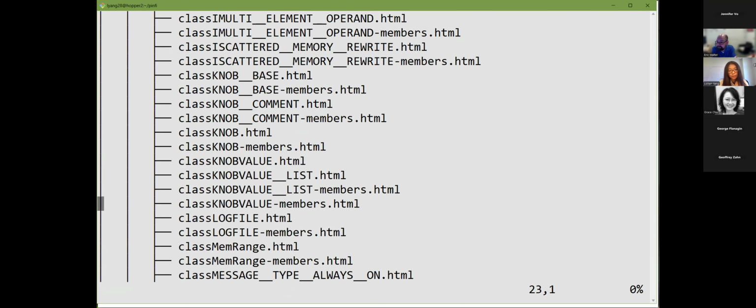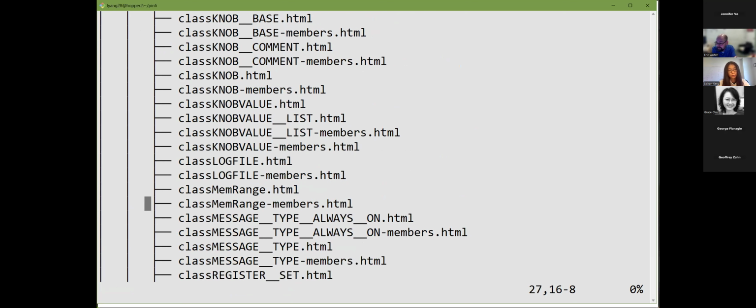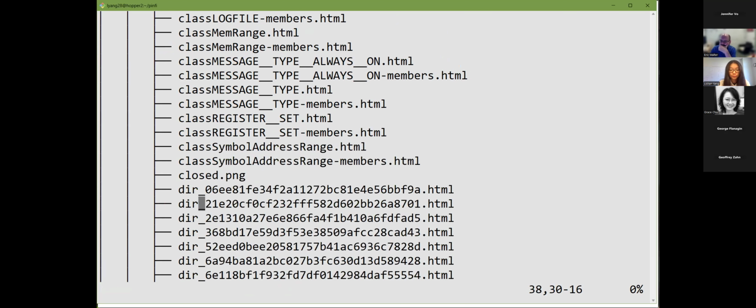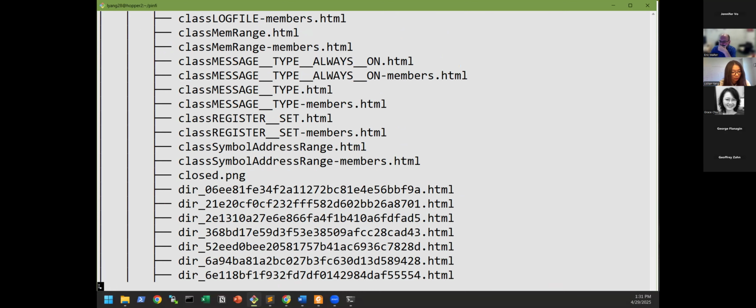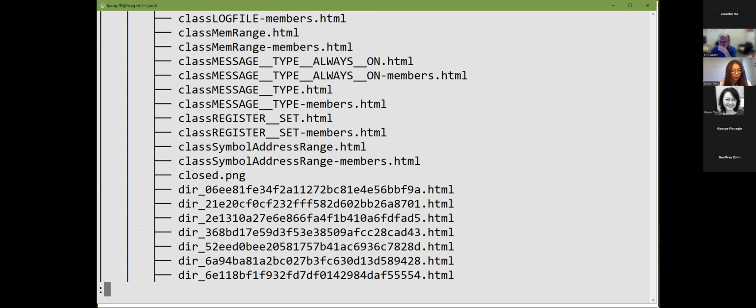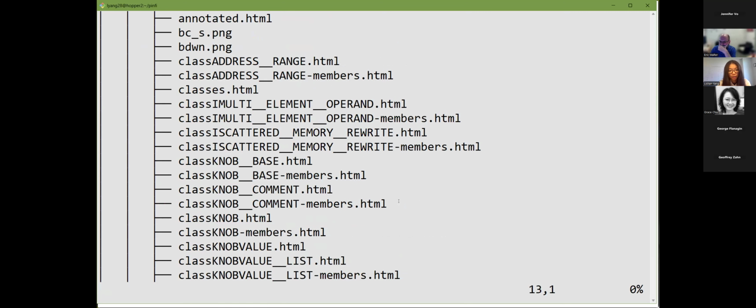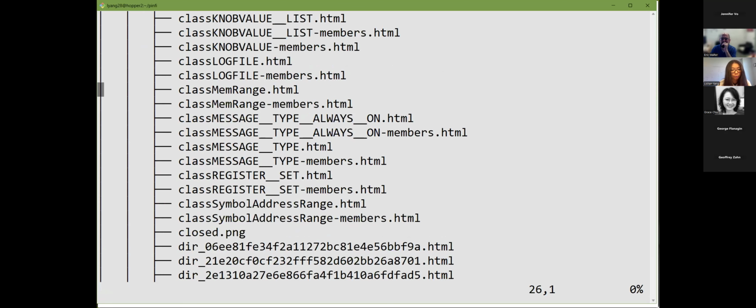So again, you can use the arrow keys up and down, going up, going down, going left, going right for these files. One thing is that in Vim, if you want to type any command, that is the colon here, the two dots here. For example, you can say line 13. You see that, so here is the 0% of the file. And of course, you can also use page up and page down to navigate